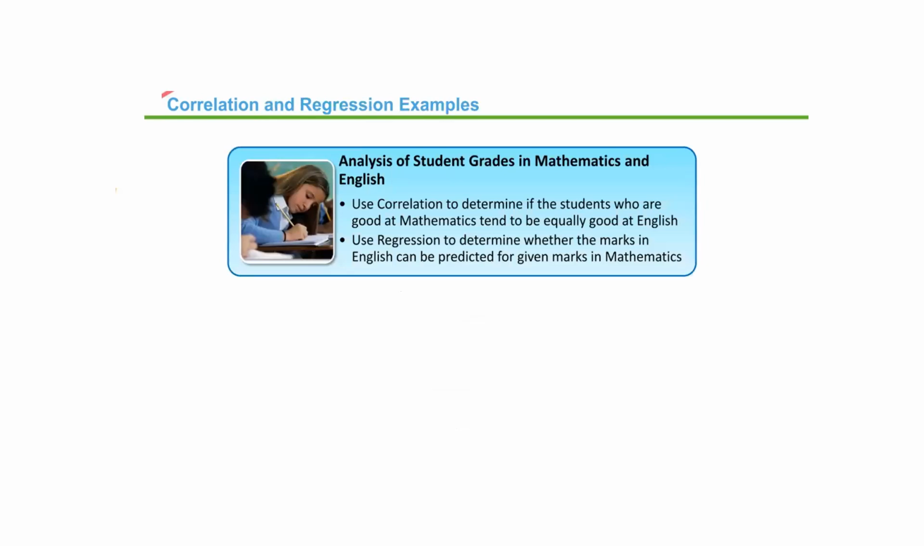Again, use correlation to determine if the students who are good at mathematics tend to be equally good at English. In other words,